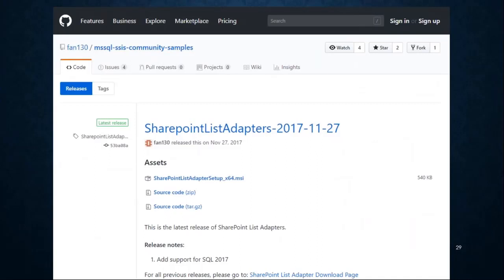So if you click on this slide, when I put them up later, you will go to this page, because this is hard to find. Every time I do this, I have to verify that it's still out there, still in the same place. So don't Bing it. Don't do a hard target search for it. You may not find the right one. I have the link here in this slide, and again, it'll be available. This will take you to a download of the SharePoint list adapter, and when you download and install that, you will get